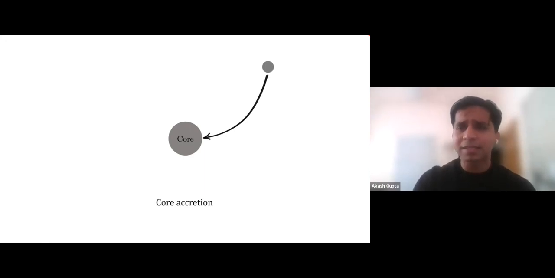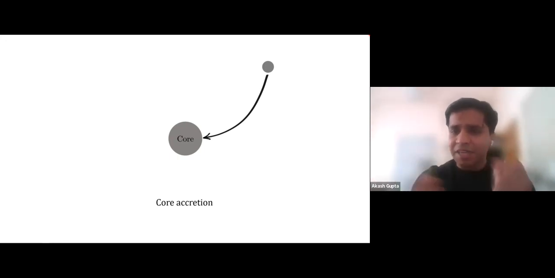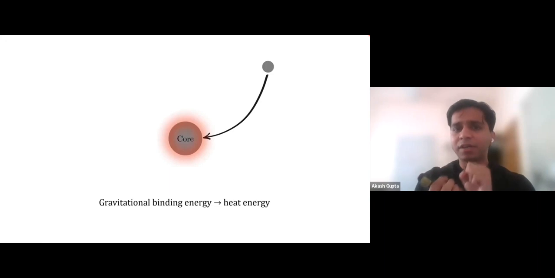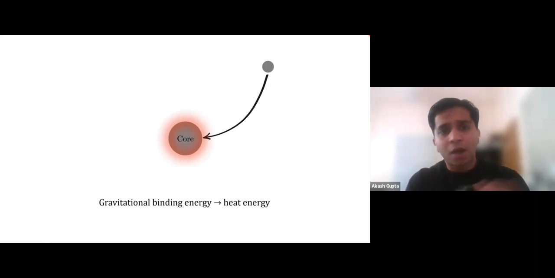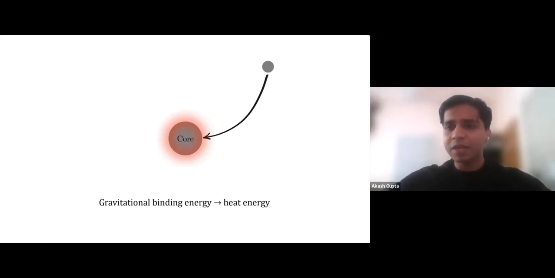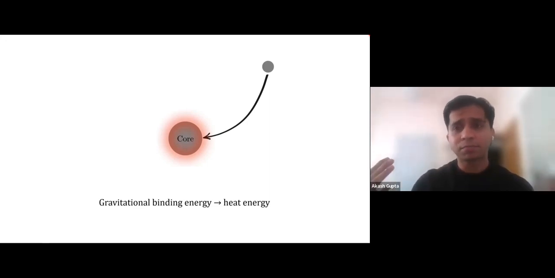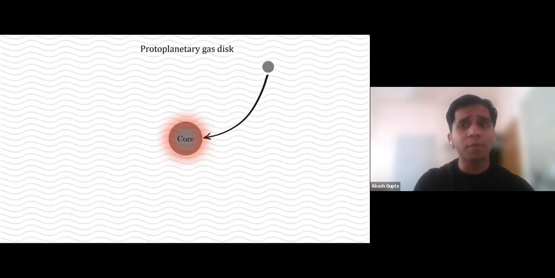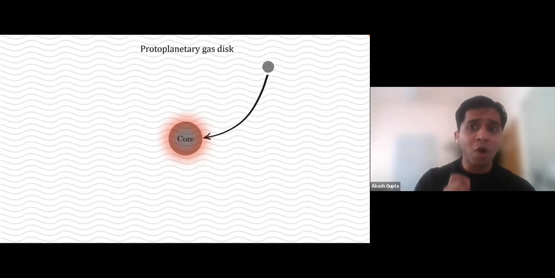Now, during this process, as things are coming together and colliding with each other, all that gravitational binding energy is basically converted into heat energy. All this heat energy can get radiated away very quickly if this process was happening in empty space. But this process is not going to be as efficient if there is an optically thick gas disk around you. More importantly,